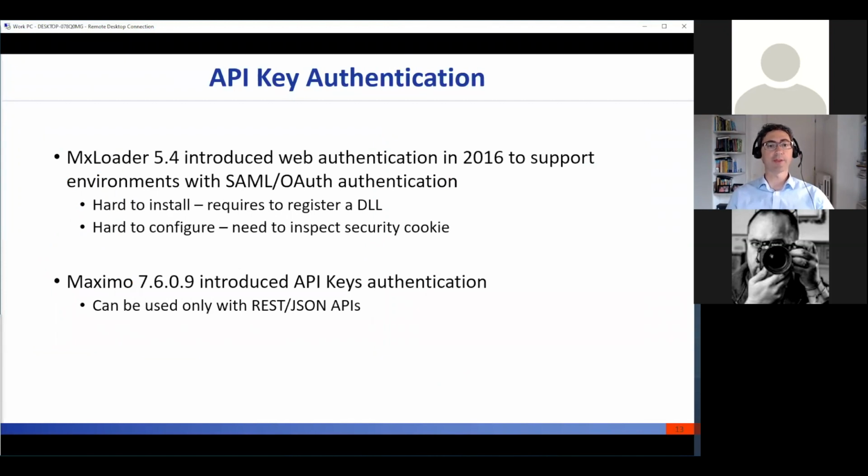Authentication was already present before in version 5.4 of MxLoader. It's a very old one. I implemented a kind of native solution to be able to authenticate in environments using SAML or OAuth authentication. But it was based on a native DLL. So this is complex to install, complex to configure, and not natively supported by Maximo. So we had some trouble at some customers being able to use that